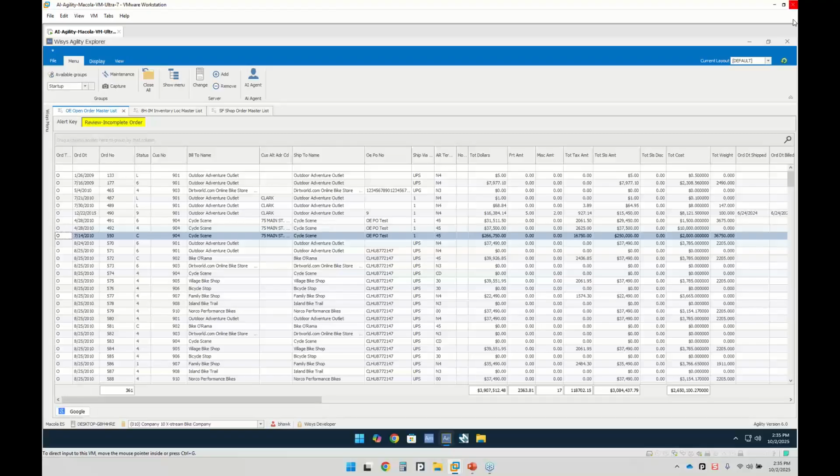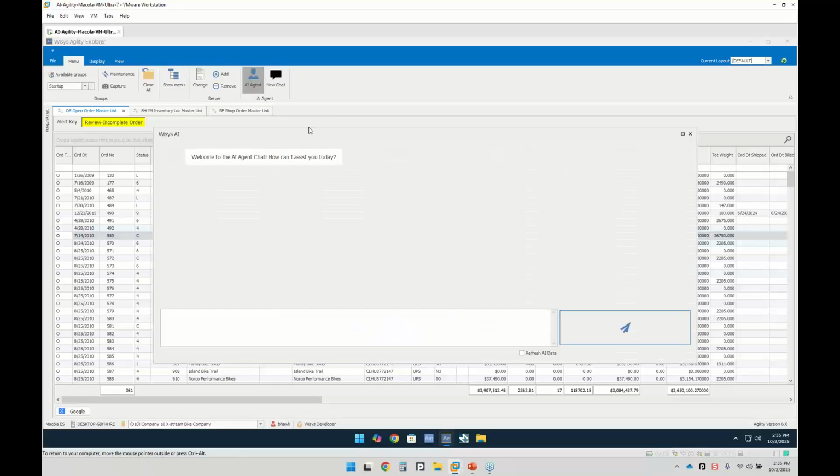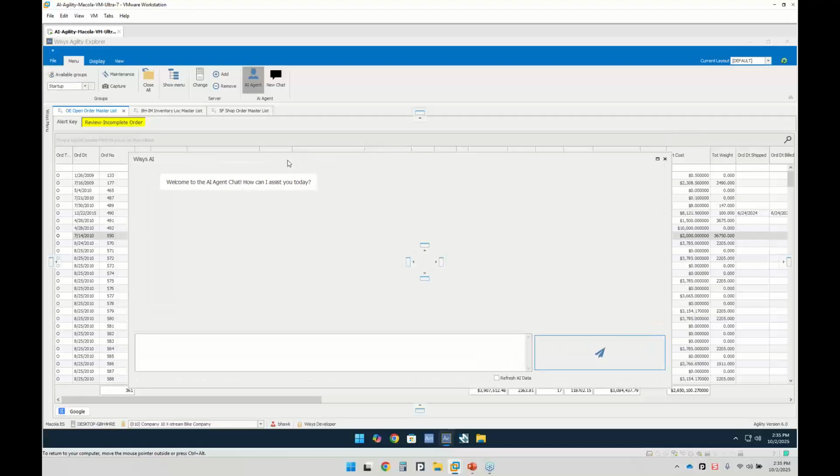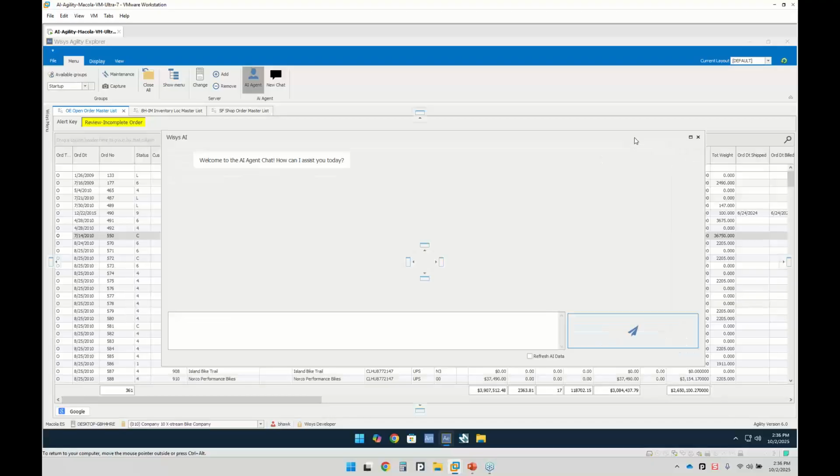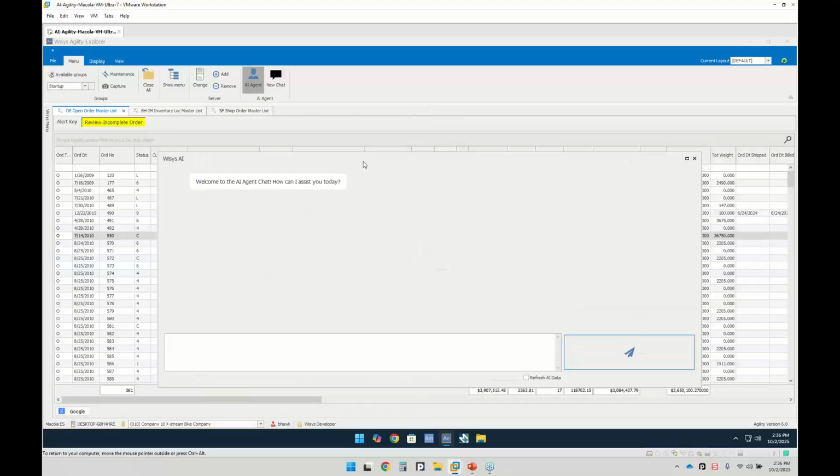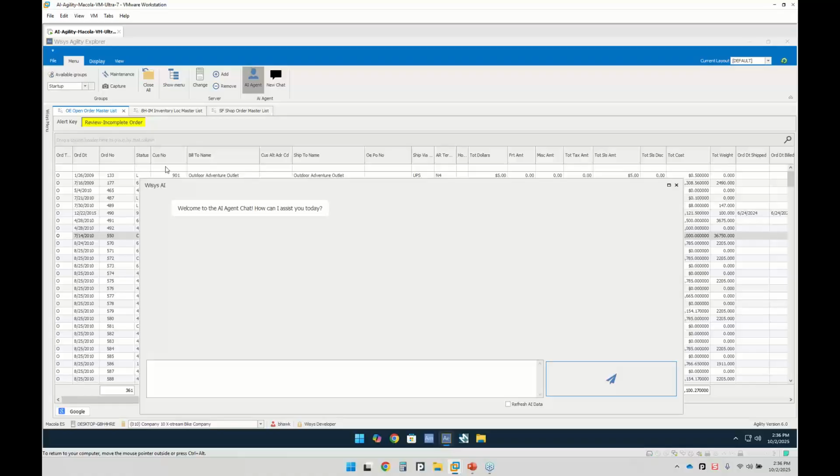And that's also true if there's something on the side. Now, up at the top, as I mentioned, there's AI Agent. And when you press that button, it opens up a new panel. Now, that panel sometimes is docked over on the side. I like to undock it and spread it around so I can ask questions. I like to see the